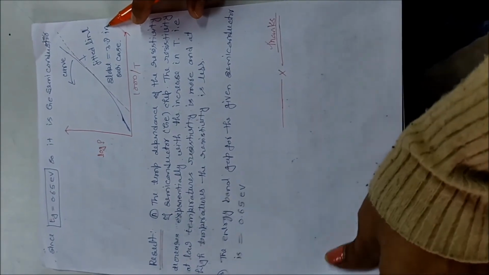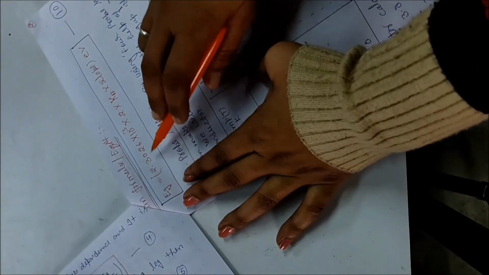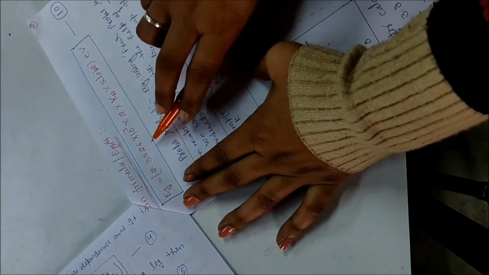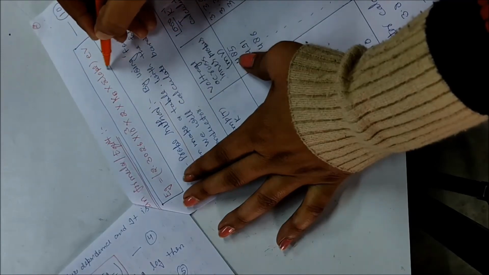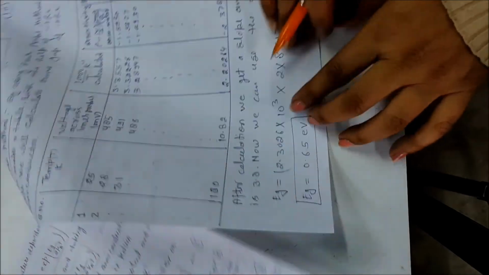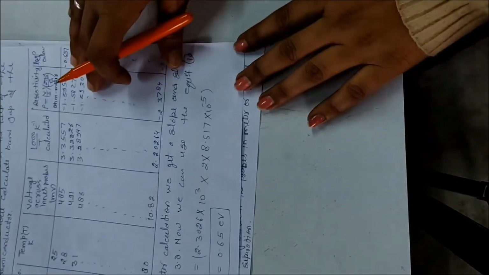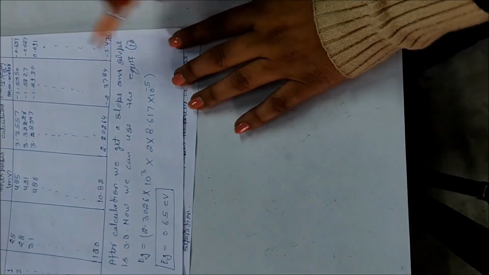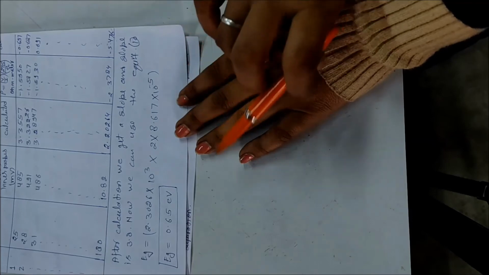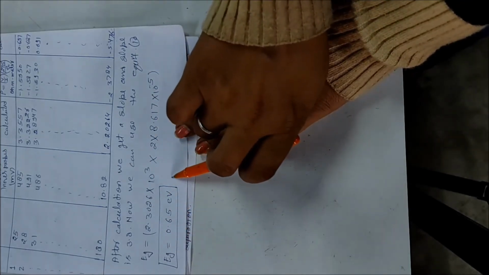This value can be put in the main formula: 2.30 into 2 and so on. Here the value of the slope is 3.8. After putting the value of the slope here, the value of Eg is